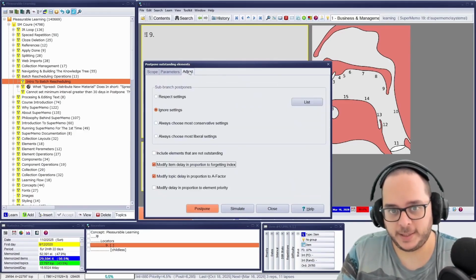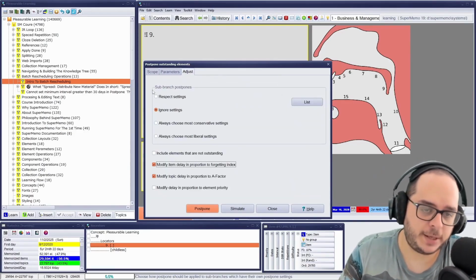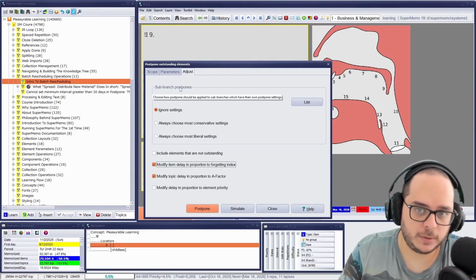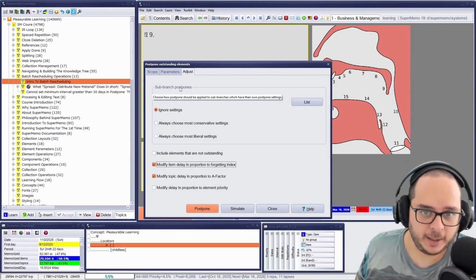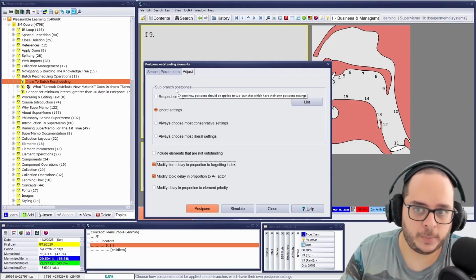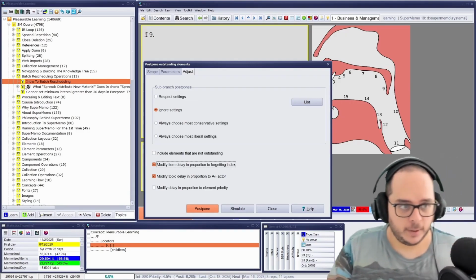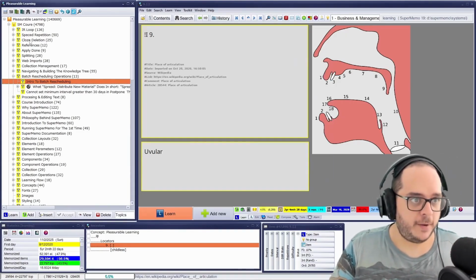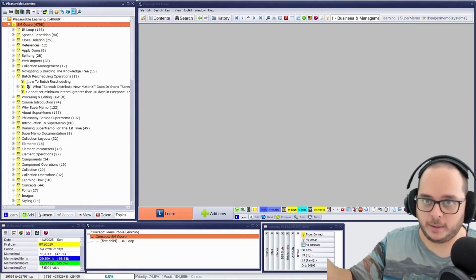Now it's time for the adjust. First we have a section, sub-branch postpone. Choose how postpone should be applied to sub-branches which have their own postpone settings. Because I'm using the knowledge tree, there are subsections, there are more levels, not just one.